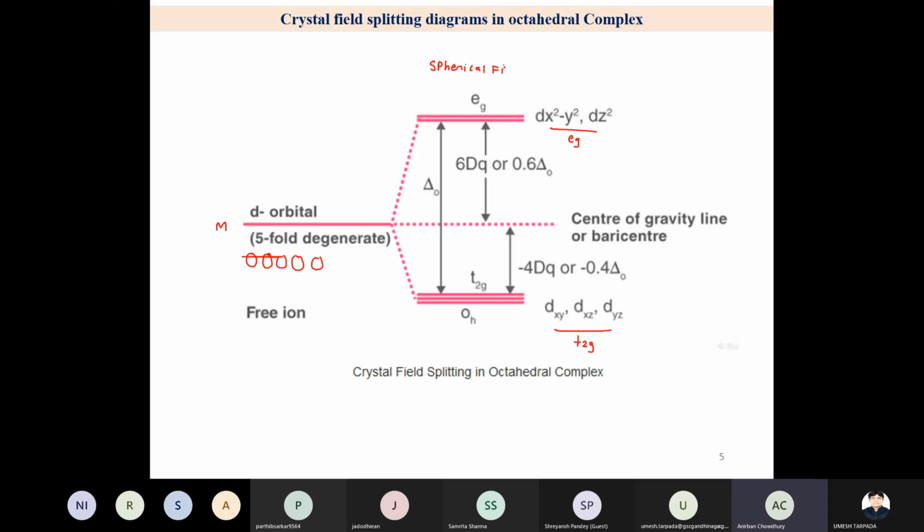Because they are symmetric. In a spherical field, they are symmetric. Yes, in a spherical field, you see the ligand approaches close to the metal, so that is called a spherical field. So in this way, the splitting takes place. Now this center is called the average energy center, Barycenter, or you can say center of